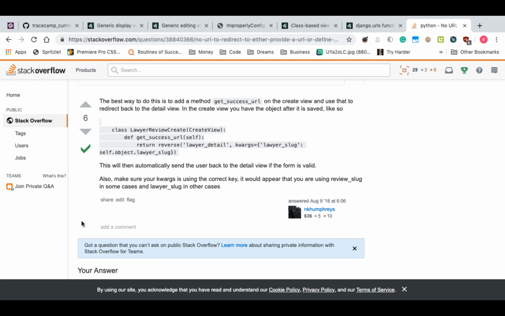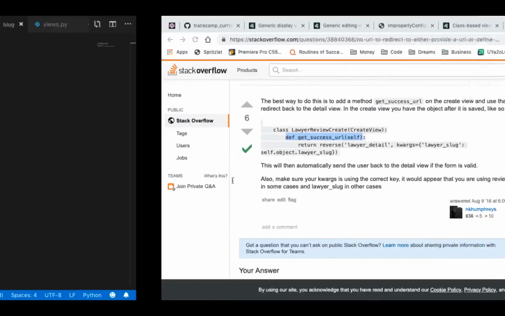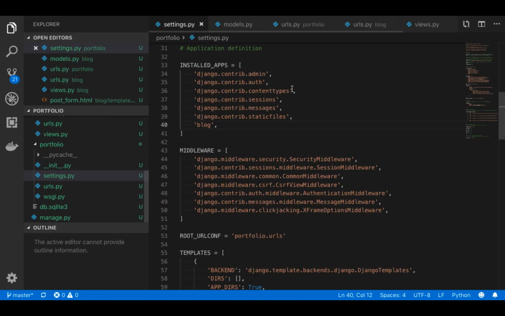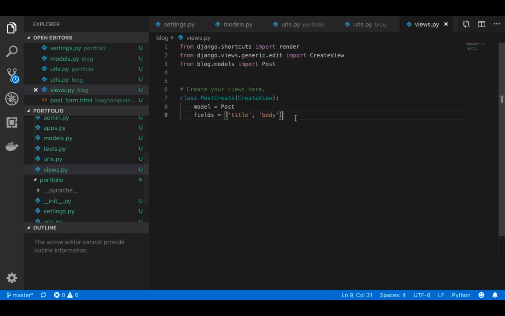Okay, and that sort of makes sense, right? Like after your create view has saved, where should it go next? So it makes sense that we would have to tell it where to go. So we're just going to copy this getSuccessURL. We're going to go to our view, we'll paste it in, and we're going to say that we want it